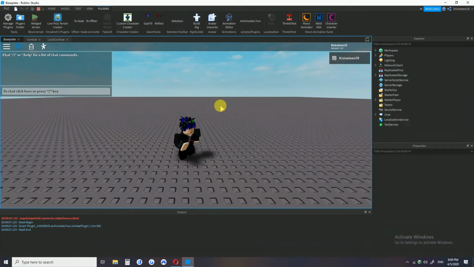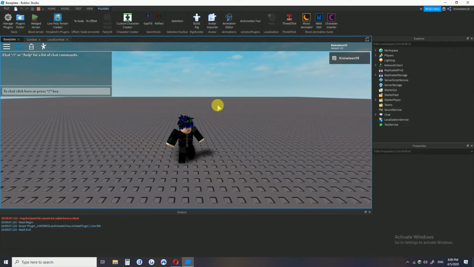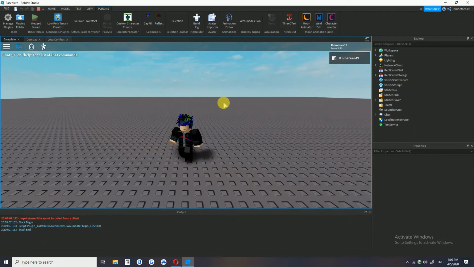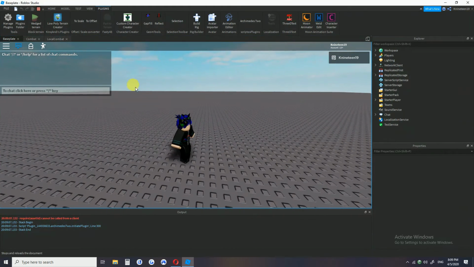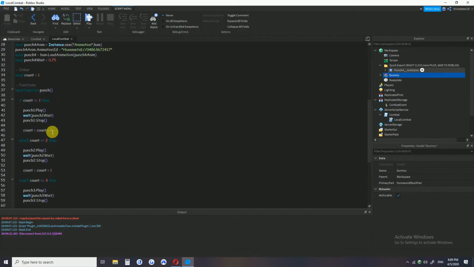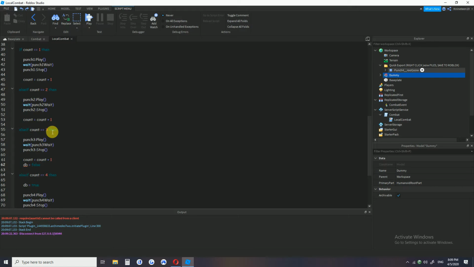So you do a little punch, you do another punch, then you can just punch. It ruins it, makes it weird. You can spam it, and we don't really want it like that because then it doesn't make any sense. So in order to fix that, I add this thing, and how it works